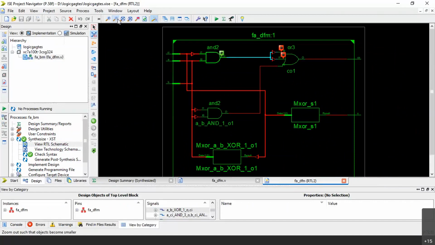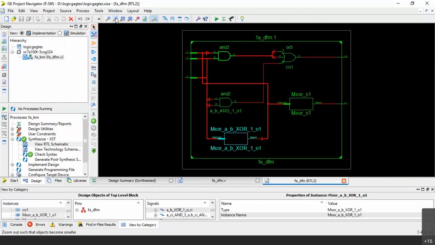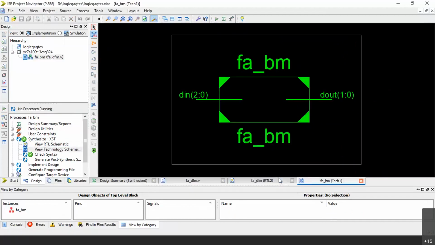You will see the same blocks here now. This 3-input OR gate with buffers added, AND gate, and muxes. As far as RTL is concerned, you will not see any changes because RTL is register transfer level. Technology schematic basically means that whatever is going to be implemented finally inside the FPGA, that complete logic. So technology schematic, let us see.